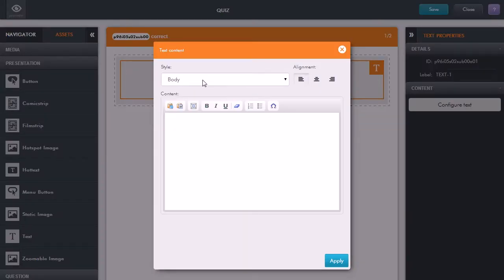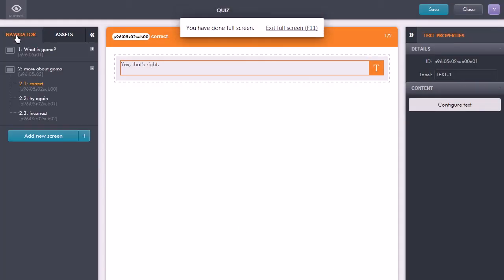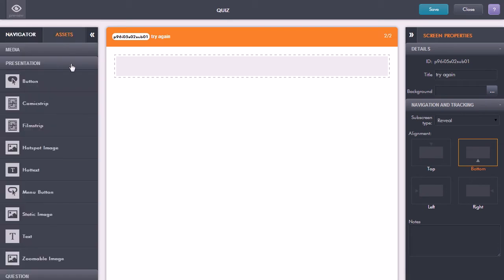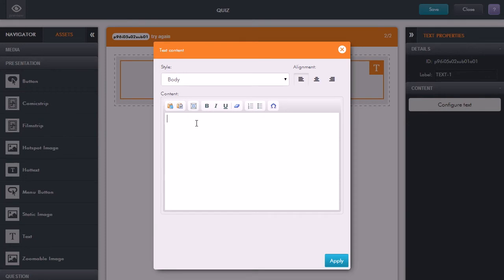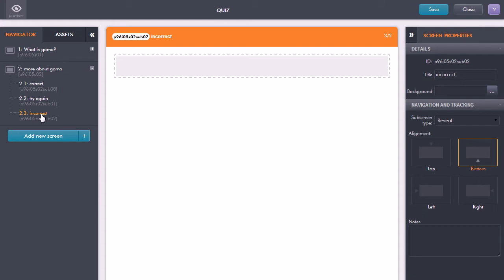So double click, and here just put in some feedback text, apply, go back to the navigator, we'll go to the try again one, and again we'll just drop in some text, drag and drop, double click, some text in there, say try again, apply, and finally we have our third subscreen,